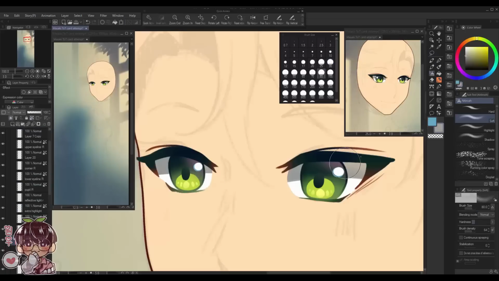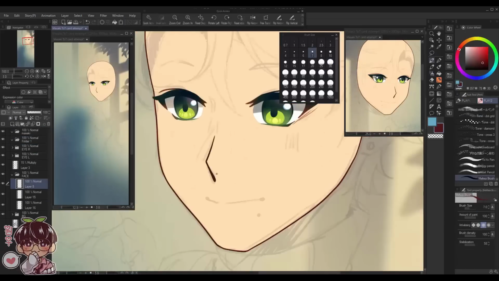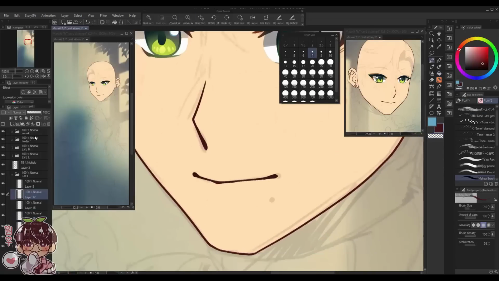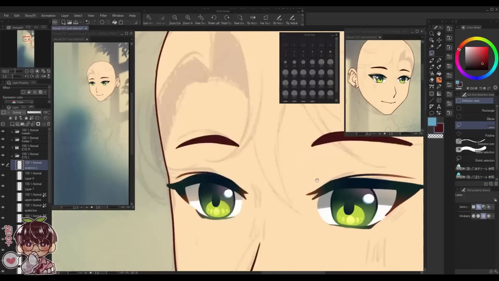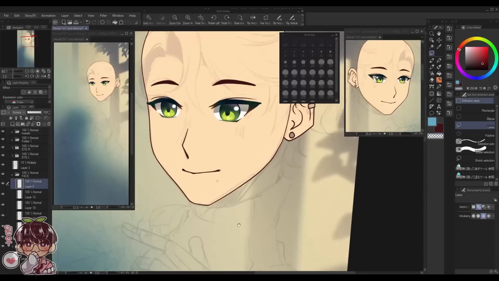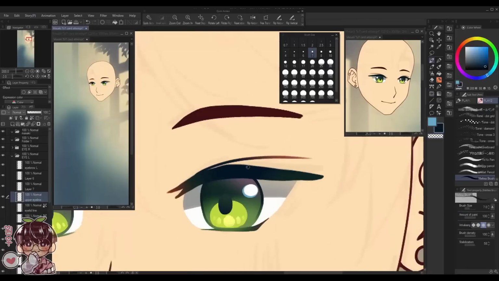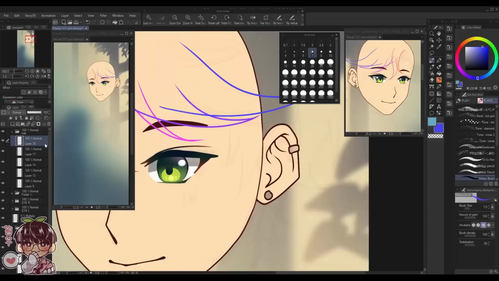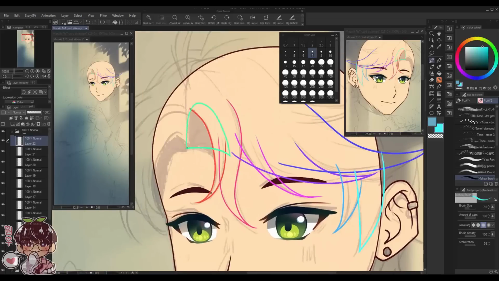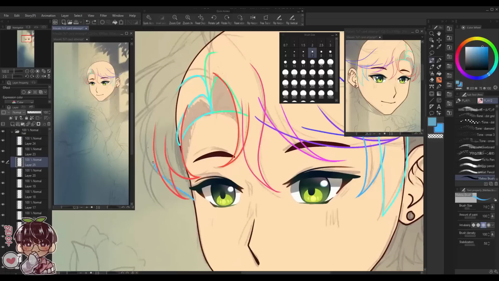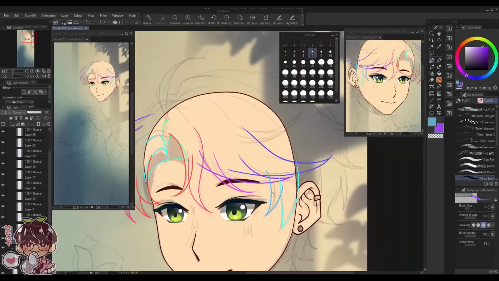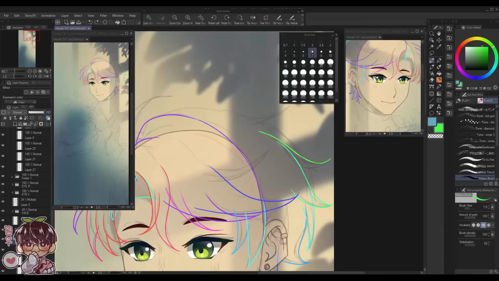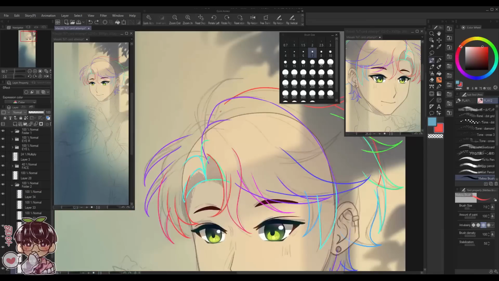So, moving on to the actual coloring portion and separating of the different elements. Similar to how I set up my rigs for Live2D or VTuber models, I am trying to section out certain parts. I did dumb it down quite a bit, and with hindsight, I could have dumbed it down a lot more, because a lot of this stuff I didn't really need to separate into parts. You can see right off the bat for the hair, I'm separating different colors for different chunks of the hair so each individual piece can move on its own.